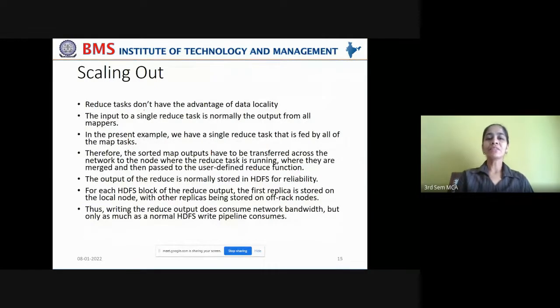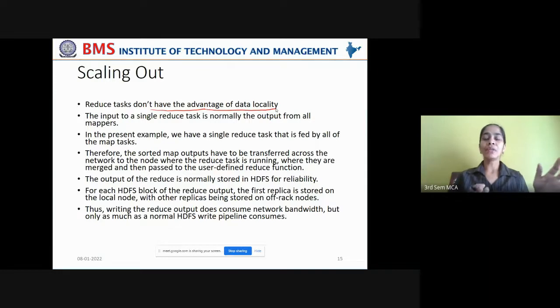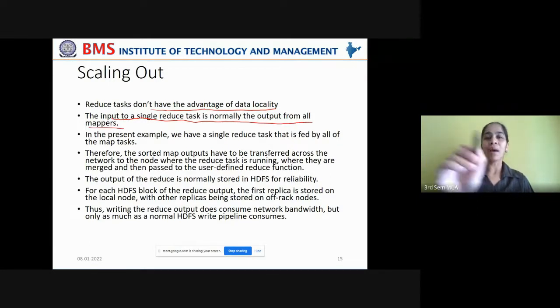Now, reduce tasks don't have the advantage of data locality. Yes, because data locality optimization is a significant concept that is performed only in the map task. The reduce task doesn't have the comfort of this data locality optimization. The input to a single reduce task is normally the output from all the mappers.